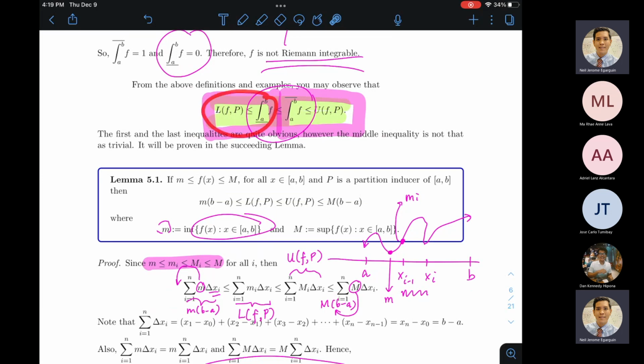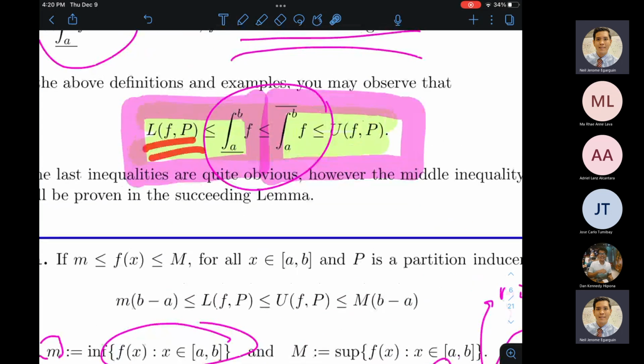And we said na ito ay madali kasi yung lower Riemann sum ay supremum ng mga lower Riemann sum. So by definition, this is obvious. This inequality is also obvious kasi nga ito ay infimum ng mga u. So definitely this is a lower bound first for the u's. So that's trivial. And the challenge now for us is to establish this inequality na ang lower Riemann sum ay less than or equal to sa upper Riemann sum.